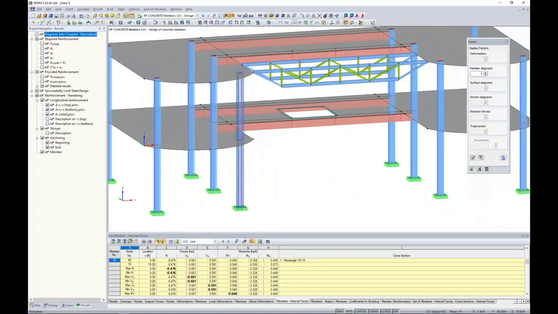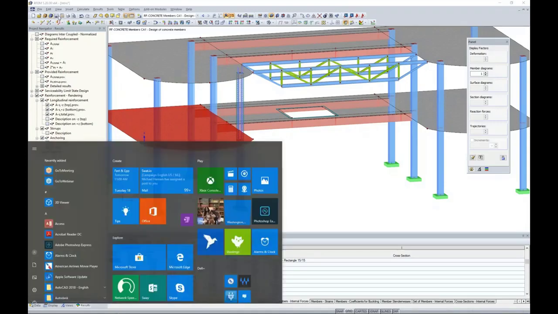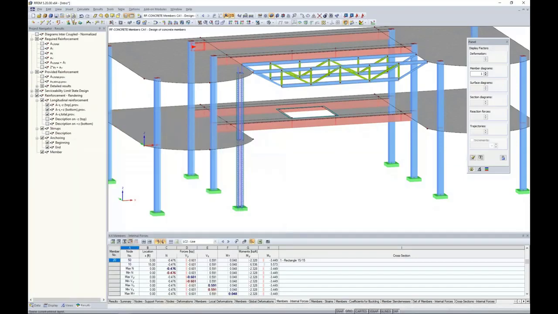So that really is a quick introduction to concrete member design. Of course, we can also design these surfaces for reinforcement, but again, there are many other YouTube channels related to ACI design that would be relevant for a much more in-depth design introduction into these add-on modules. The final thing just to show you guys is the printout report, which we can access within our table